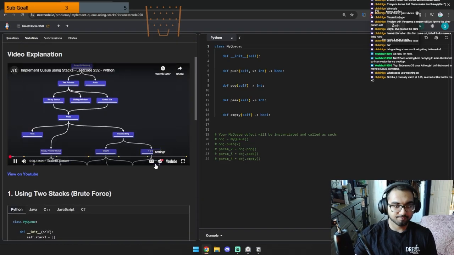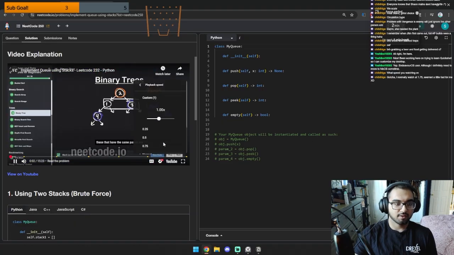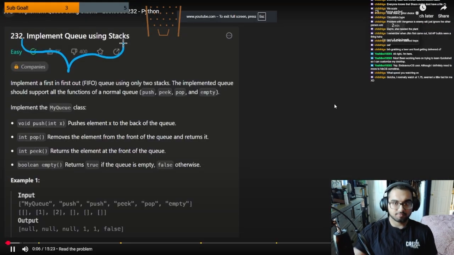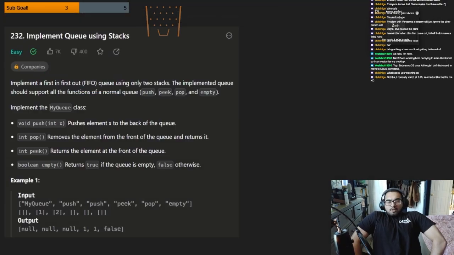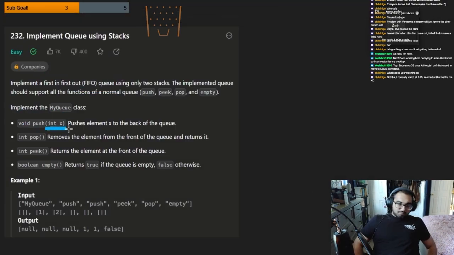Hey everyone, welcome back, and let's write some more neat code today. So today let's solve the problem, implement queue using stacks. If you don't remember what a queue is, it's a first in, first out data structure. So for example, we have a few operations that we can perform. We can push elements into the queue. In this case, they're going to be integers. We can pop elements from the queue, and those are the main operations. We'll quickly go over these two, but just to keep things simple, we're going to focus on